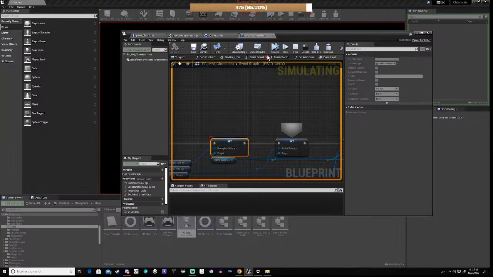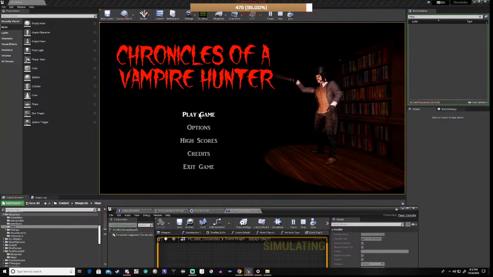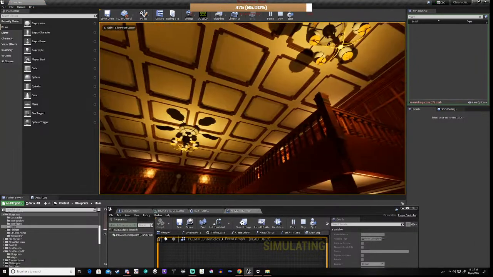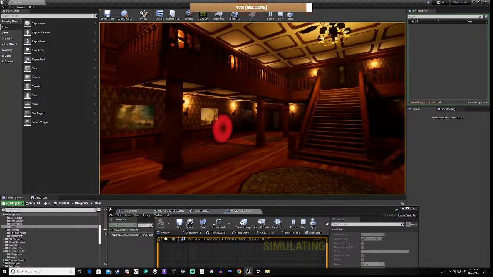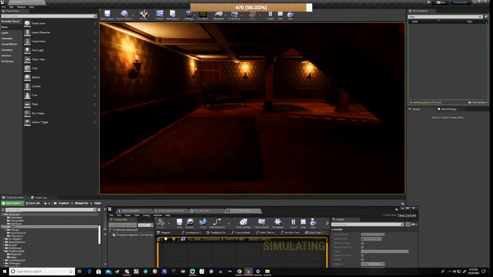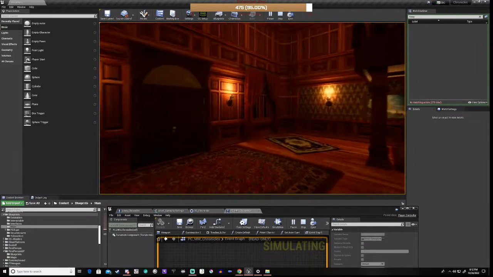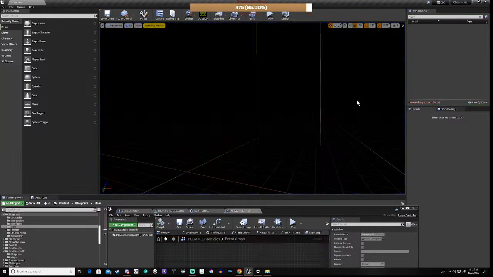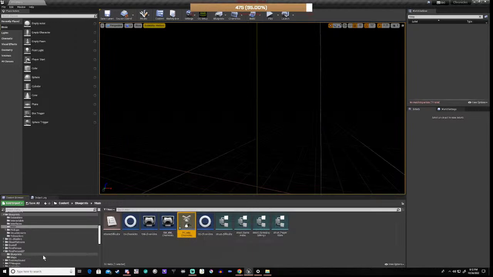Okay. And now you can move your view up and down to a certain degree. And we headbob. Okay. But we want to be able to control these. Okay. So what we need to do is